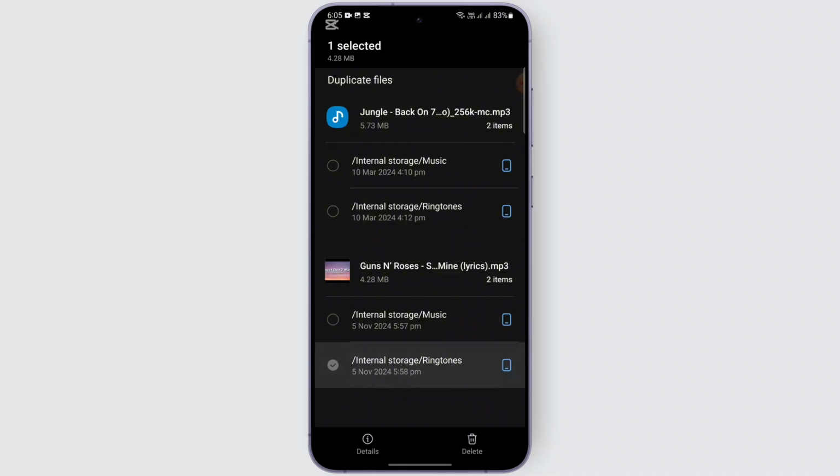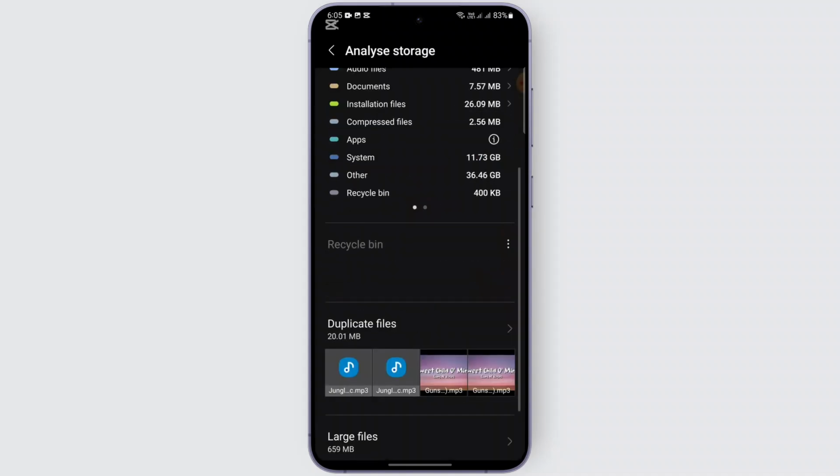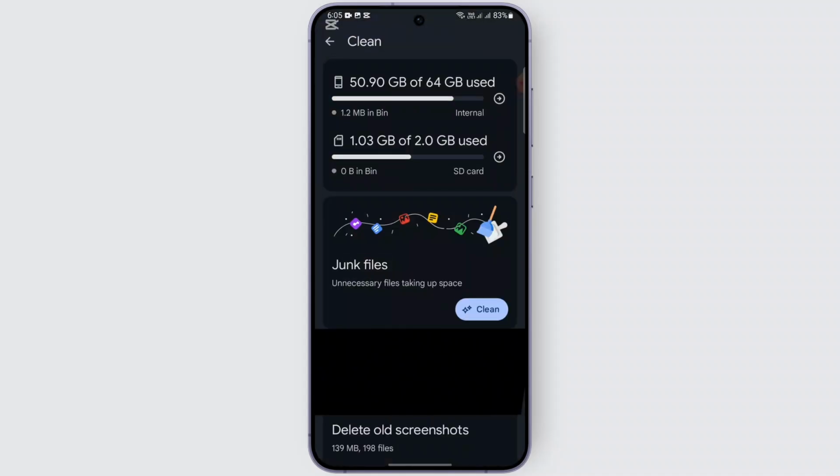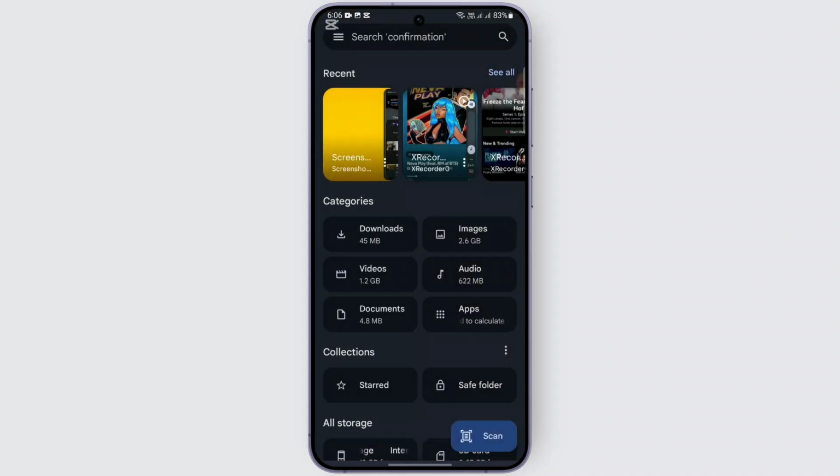So what you're going to do is simply select it, and you can find this delete option. Just go ahead and confirm it, move it to the recycle bin. After that, delete it from your recycle bin as well, and it will be deleted permanently. So that is how you can delete your unnecessary photos, your duplicate photos, and clear up space in your